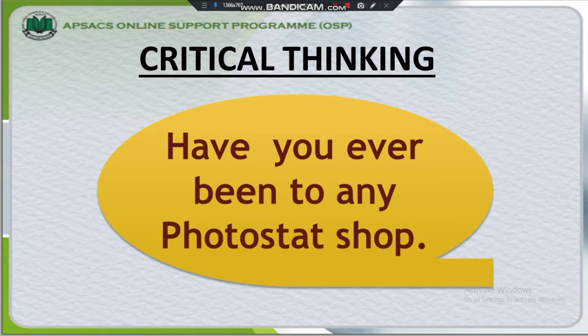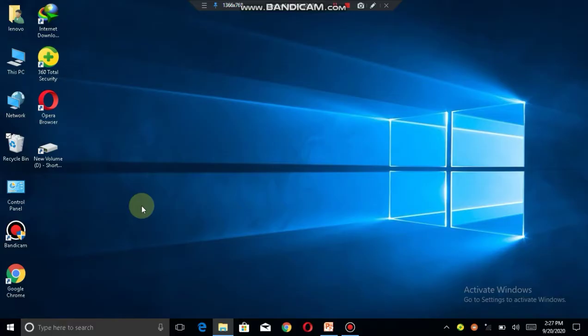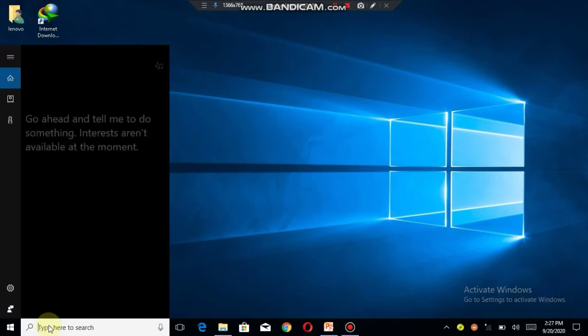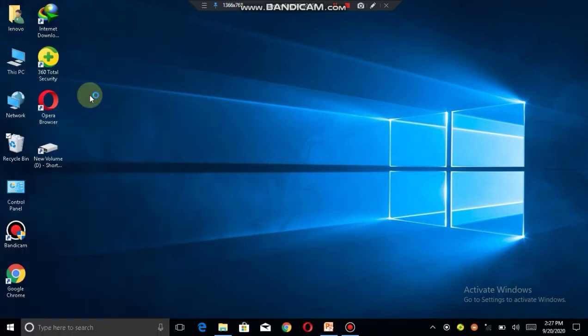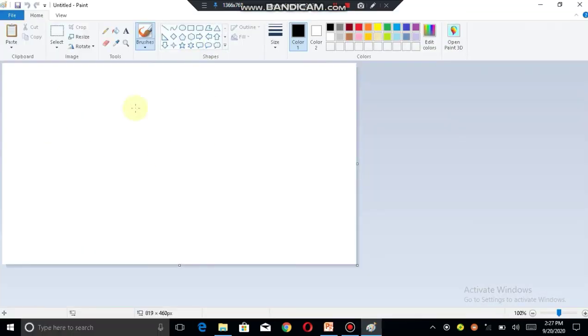So first we need to open Paint. Okay, so first I need to open the Paint window. Where do I need to go first? Yes, this is the search bar. I will write paint. Look, paint program results are here. When you write on the search bar, then you can easily have the results. So I am clicking on the paint program. So this is your paint window.